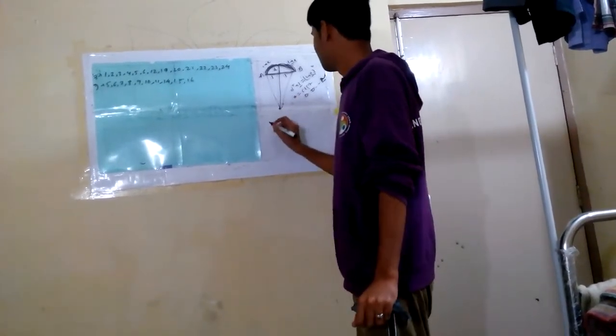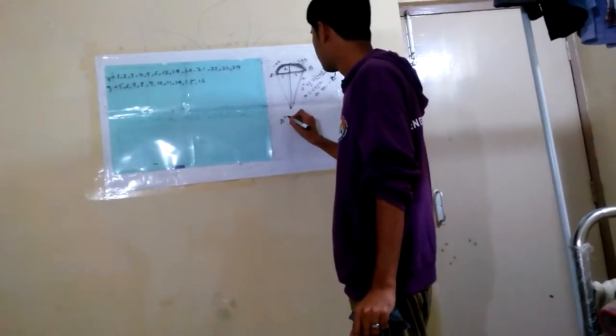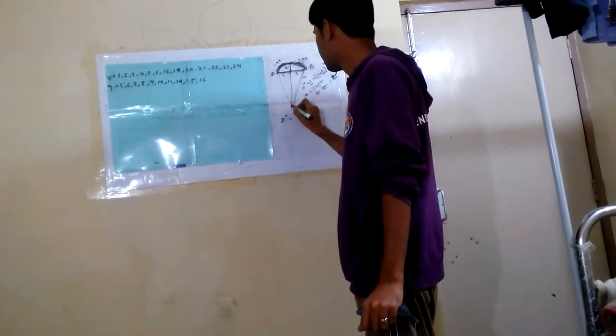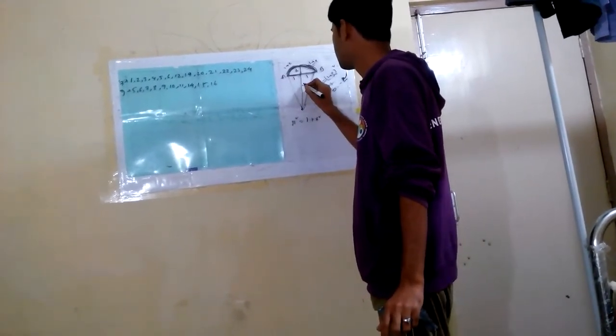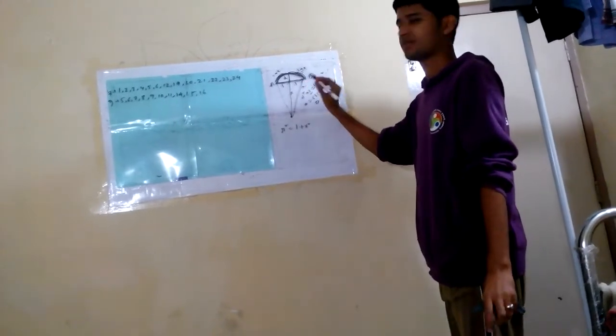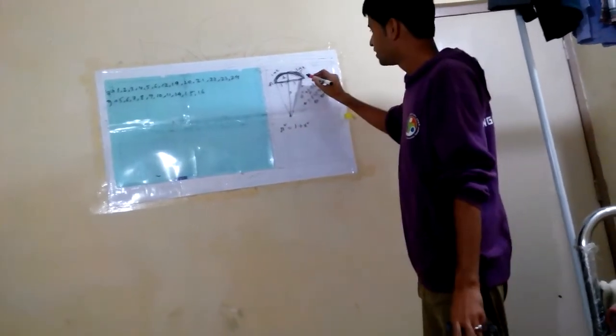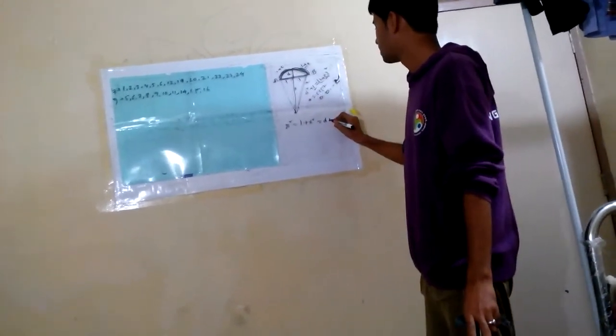Now see, if I tell this is r, okay. So r square is equal to, consider this is the right angle triangle. There is no approximation till now. 1 plus x square. Do you agree to that? If this is x, then r square is equal to x square plus 1. But this is a circle, right? So this is also the same, equal to d plus x whole square. Yeah, it's fine.